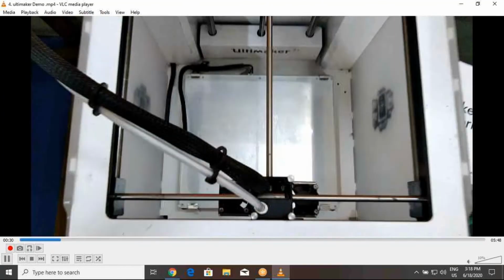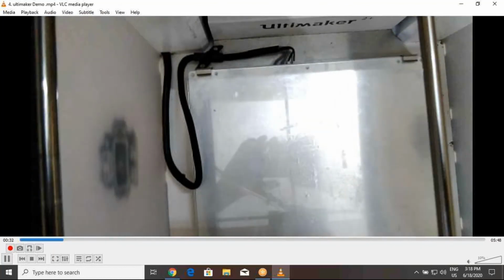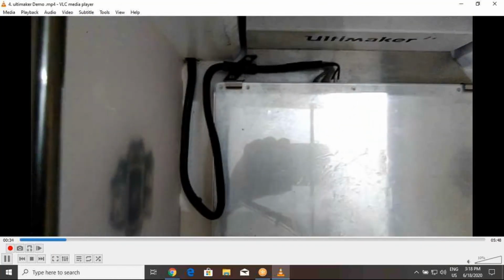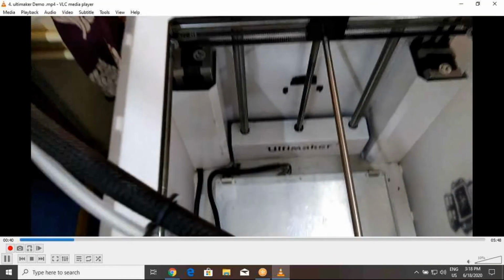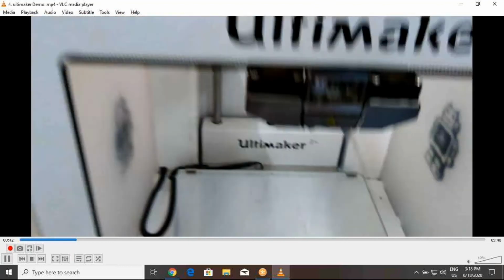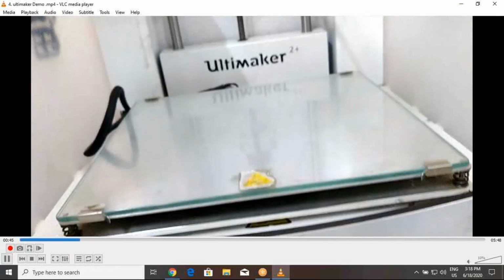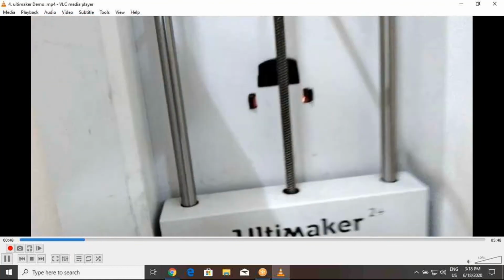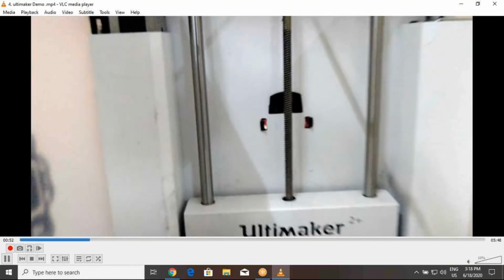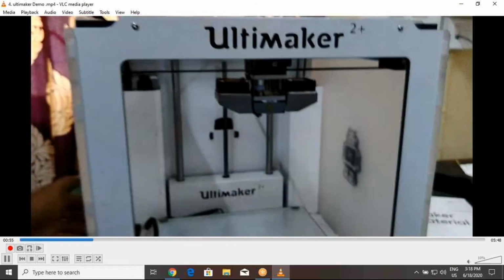We are showing how it is moving here. The next one, the black one, indicates the heating and cooling coil. The heating coil is used to heat the build plate. This is the glass heated build plate. We can preheat the build plate. This is the vertical screw, which is for the movement of the glass, the build plate.